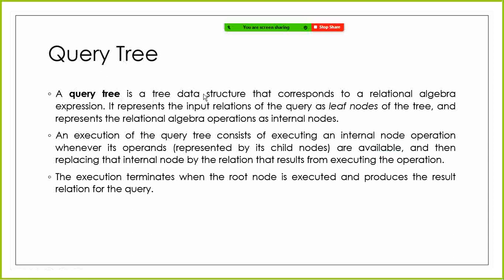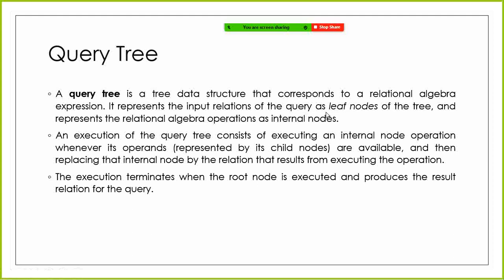A query tree is a tree data structure that corresponds to a relational algebra expression. It represents the input relations of the query as leaf nodes of the tree and represents the relational algebra operations as internal nodes. So actually query tree is a data structure that corresponds to a relational algebra expression. We can actually draw a query tree from relational algebra operation. It tells us the order of query execution. So it takes the tables or relations as leaf nodes and the relational algebra operations like project, select or join